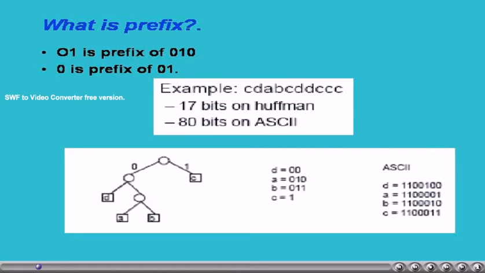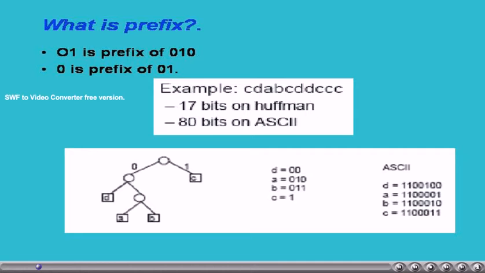Now, the codes we design for a given set of alphabets, based on the probabilities or frequency of occurrences, should be such that the frequently occurring symbol has a small length code compared to the infrequently occurring one. And at the same time, to have ease of decoding, the codes should have the property explained earlier.